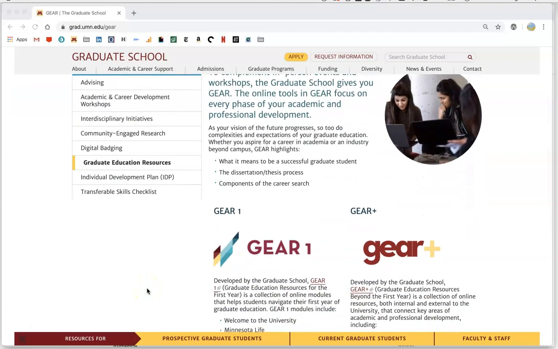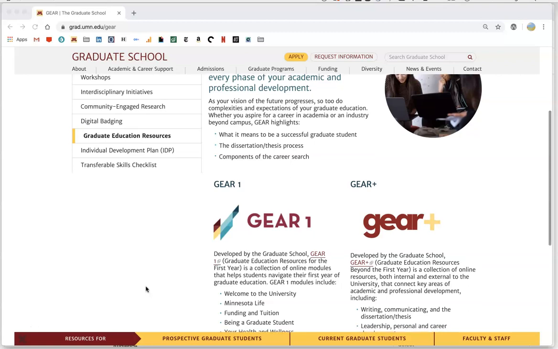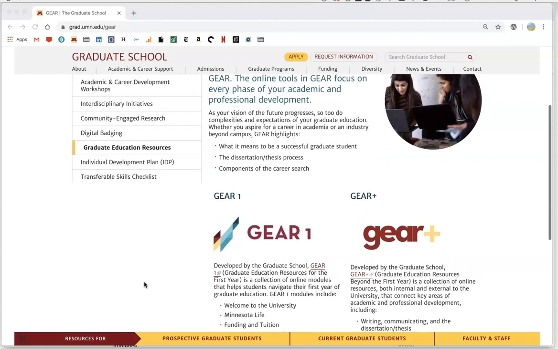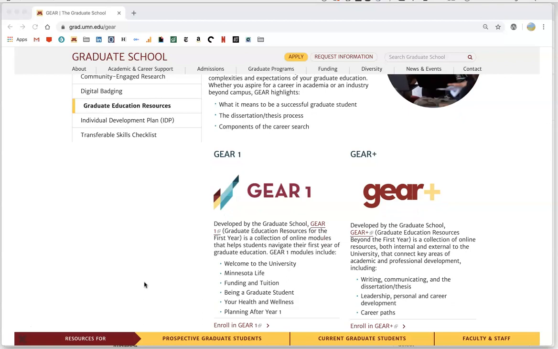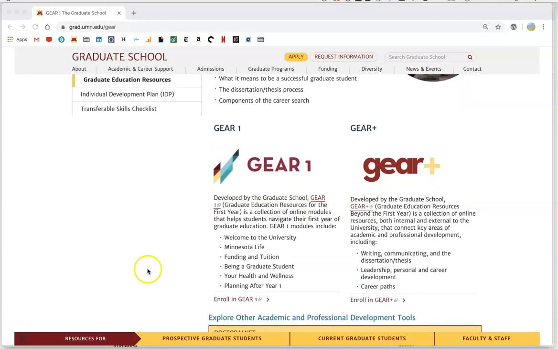Gear stands for Graduate Education Resources, and it is a collection of online tools and tips, both internal and external to the university, that connect really key areas of your own academic and professional development while you're in graduate school. So I'm going to teach you how to enroll in Gear Plus, and we'll give you a quick rundown of the components. So right now I am on the website